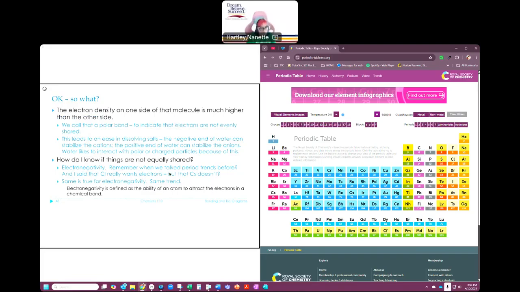So, cool. Now, remember we talked about the fact that it's a polar bond, so the electrons are not shared evenly between the hydrogen and the oxygen. They spend more time with the oxygen than they do with the hydrogen. So they spend more time on one side than they do on the other side. It also means that those electrons are